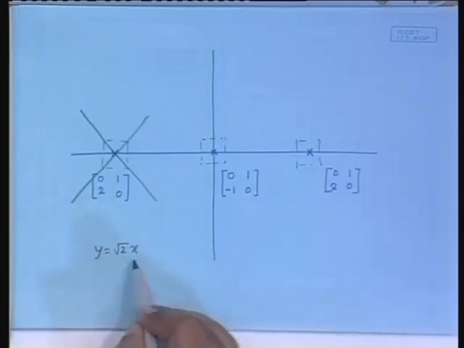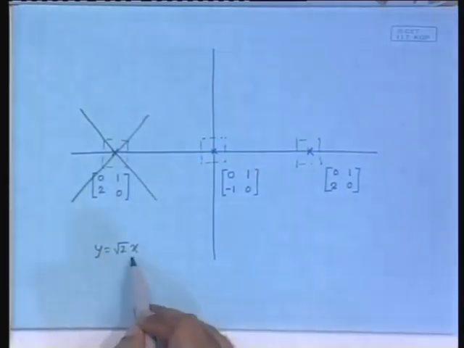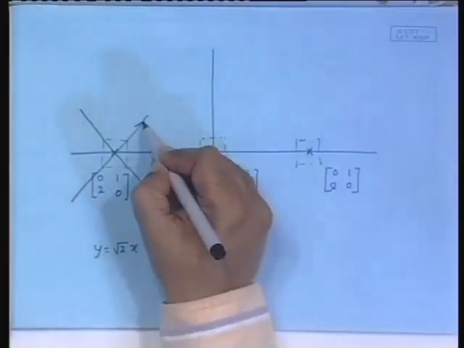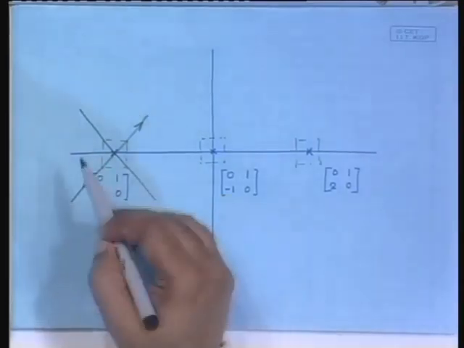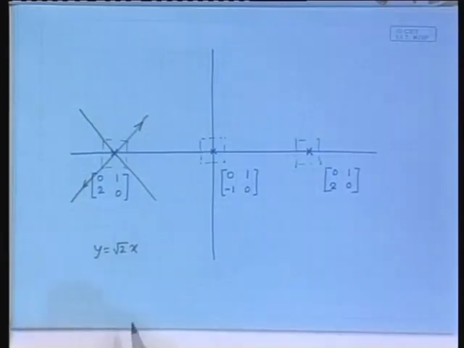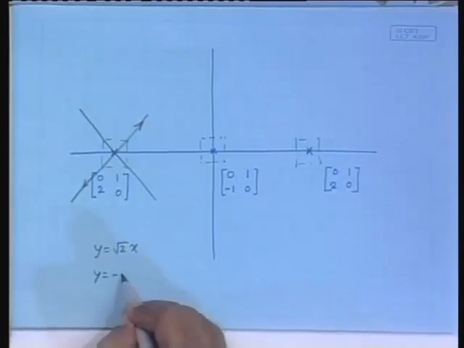Now, y is equal to root 2x, plus root 2 eigenvalue means it is the outgoing direction. Y is equal to root 2x means it is in this quadrant. So, I will say these arrows, and the other eigenvector is y is equal to minus